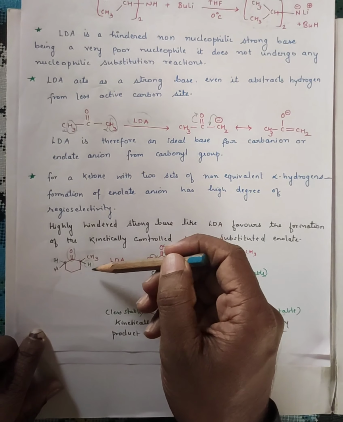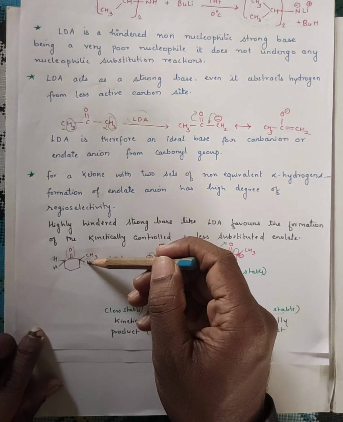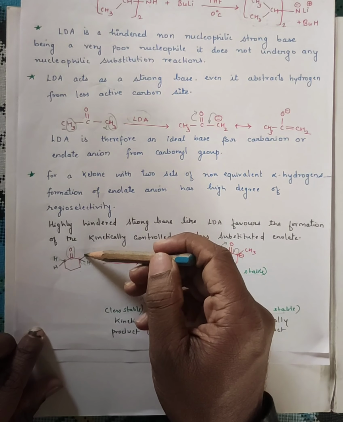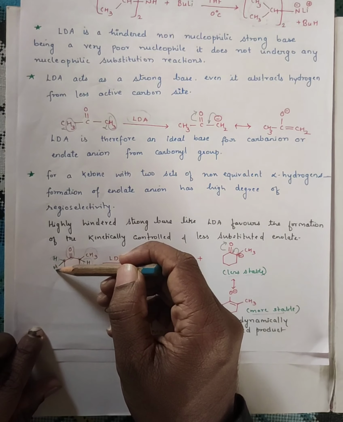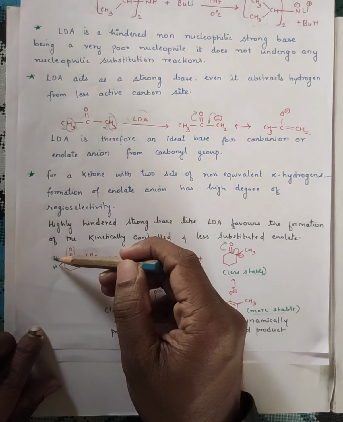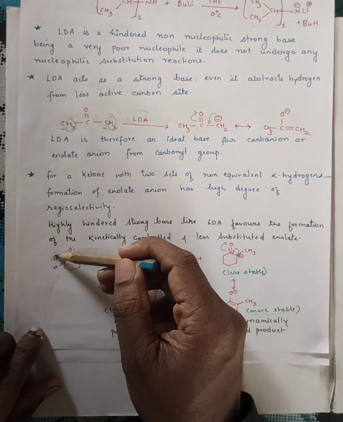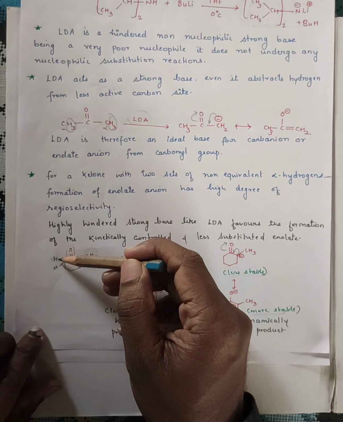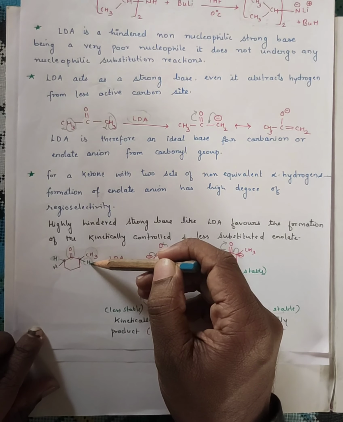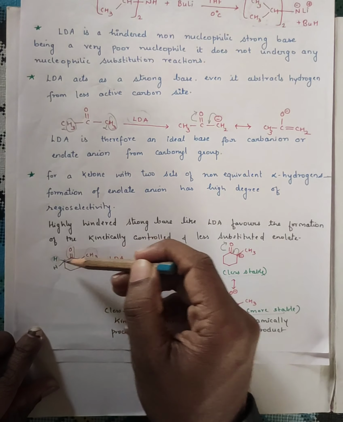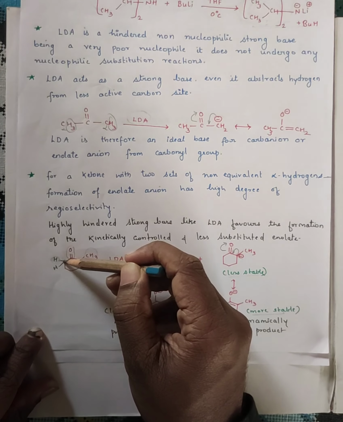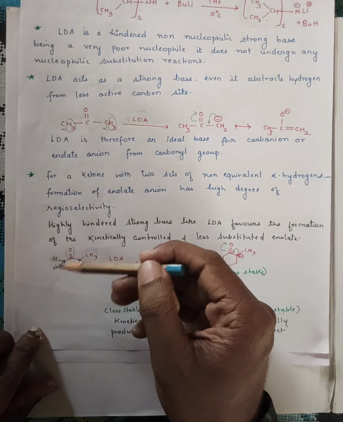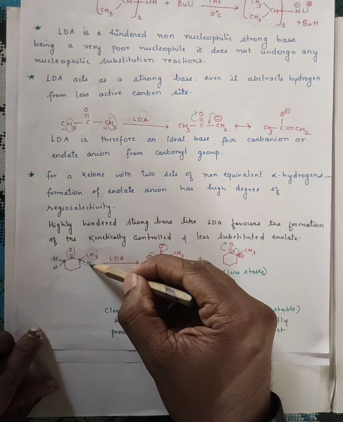When it comes onto the reactant, what it sees here is a CH3 group which is quite bulky, whereas here there are no CH3 groups, right? Here abstraction of this proton by LDA becomes easier than this proton. Hence LDA abstracts this proton over this proton. Hence the abstraction of this proton takes place much faster than this proton.